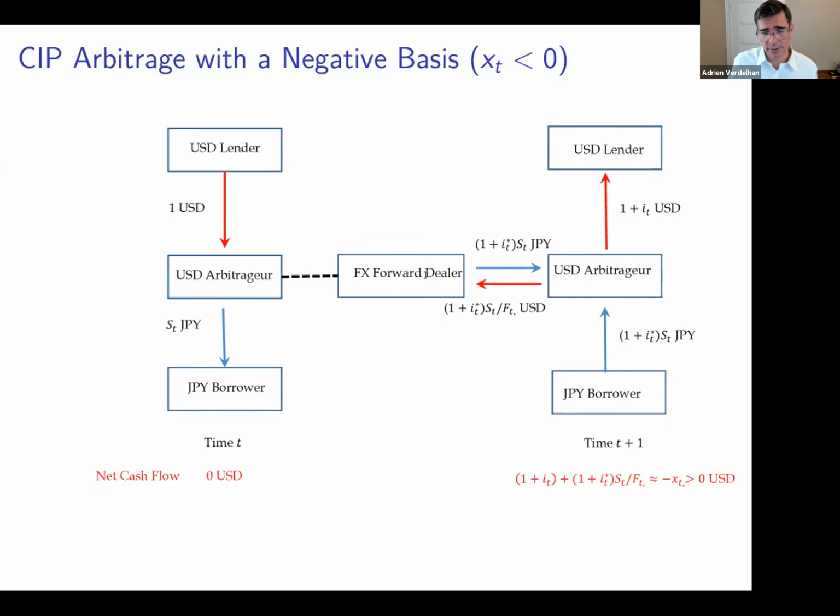And that contract is going to say, dear forward dealer, when I'm going to give you that amount of yen, you're going to give me the equivalent amount in US dollars. And that's going to help me reimburse my debt. Now, if you look at what's coming out of that, it is actually a sure profit, equal to minus 60, but since 60 is negative for the Japanese yen, it's actually a positive profit.